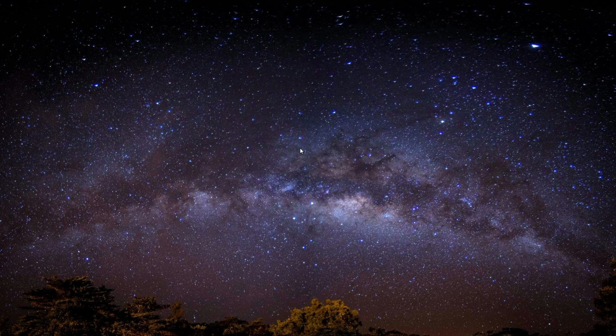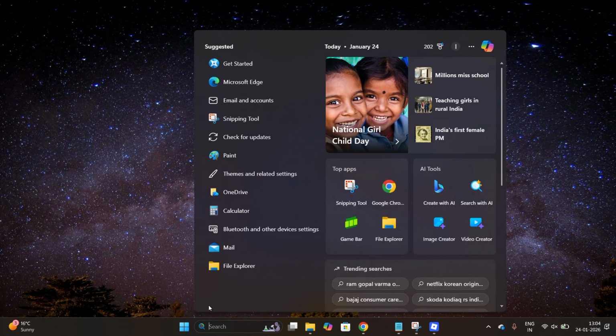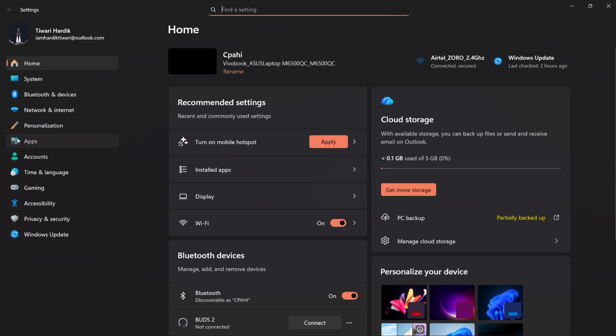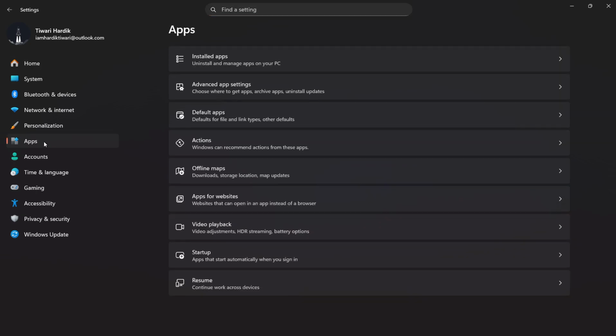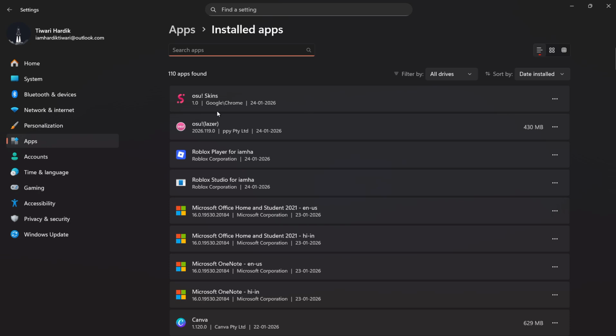In this tutorial, I'll show you how you can uninstall osu and all its dependencies with just a single click. So for that, go to the search bar and search for settings, and just go to the settings, and within the settings you can click onto this apps option. Now within the apps, go to the installed apps, and within the installed apps you can see the osu and